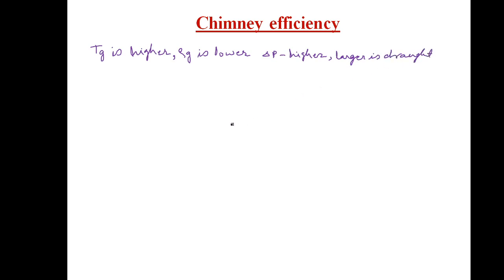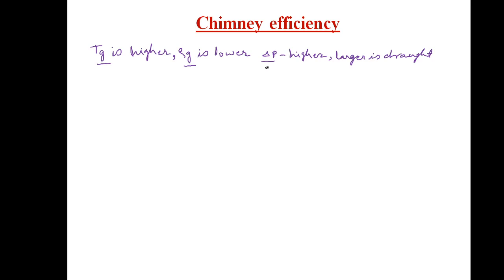So draught depends on the delta P pressure, and pressure depends on density, and this density of gases depends on temperature. Higher is the temperature of gases, lower will be the density, lower is the density, higher will be the pressure difference, and that causes the gases to move rapidly through the combustion chamber, and fresh air enters into the